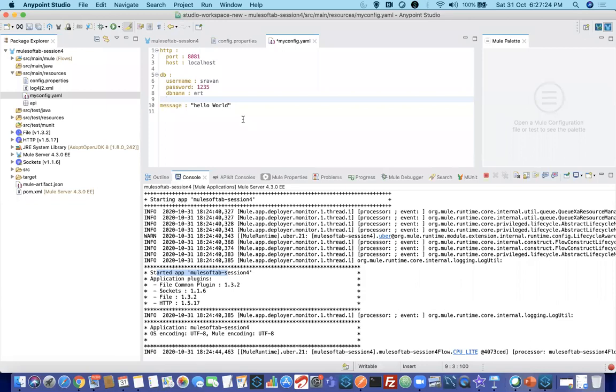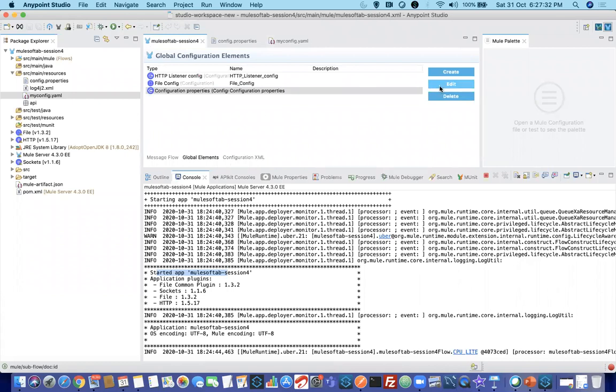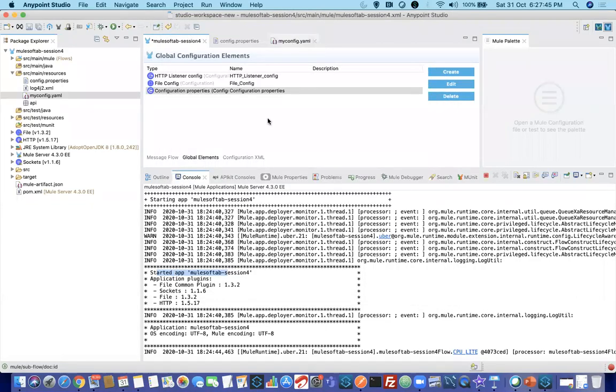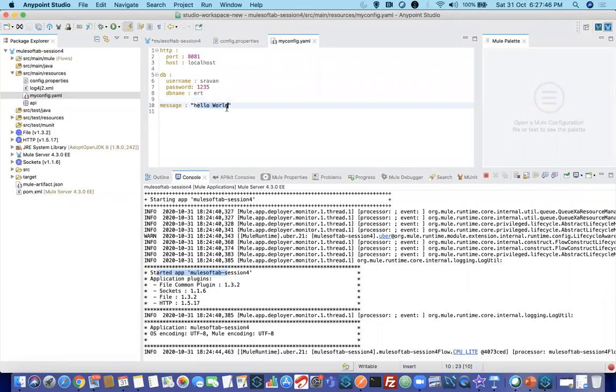Okay, if you save here, and if you want to use this YAML file, again you need to go to global elements, edit it. Now what is your file name? My config dot YAML. Click on OK. Let me change the message here.